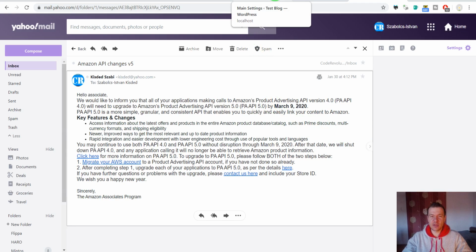The Amazomatic plugin that I created was updated, and starting from now it will support the Amazon Product Advertising API 5.0. So if you are using the Amazomatic plugin, or if you are using the v4 of the Amazon API,